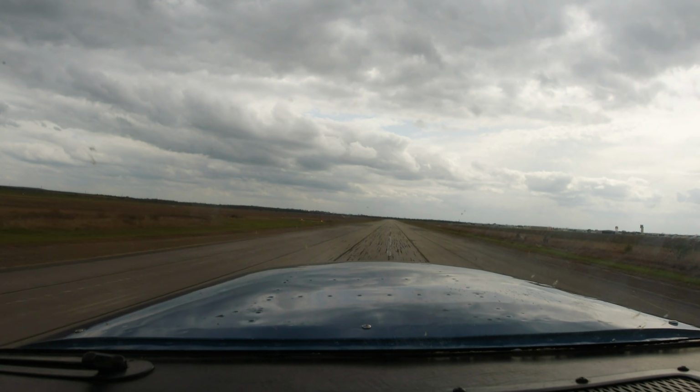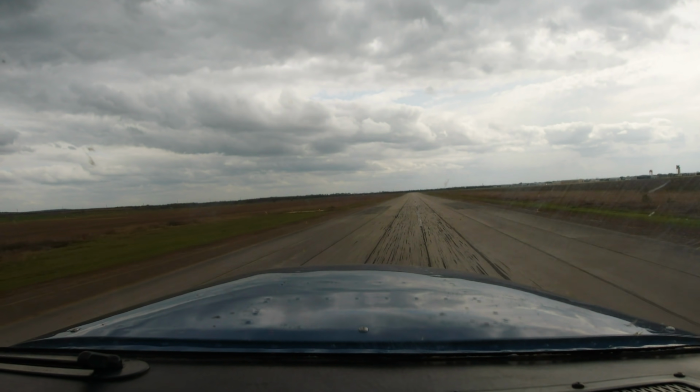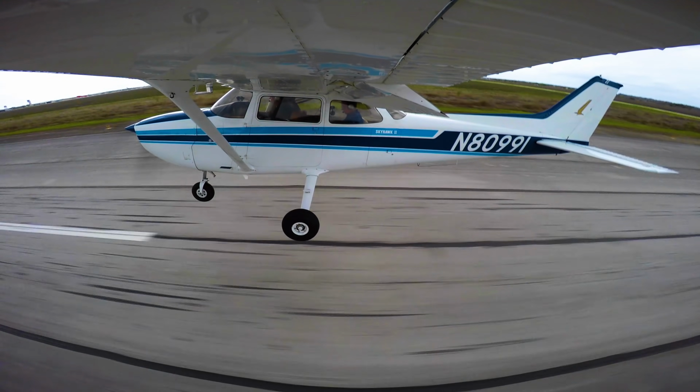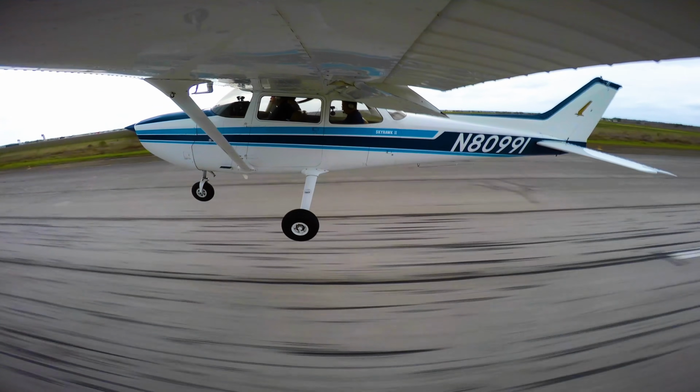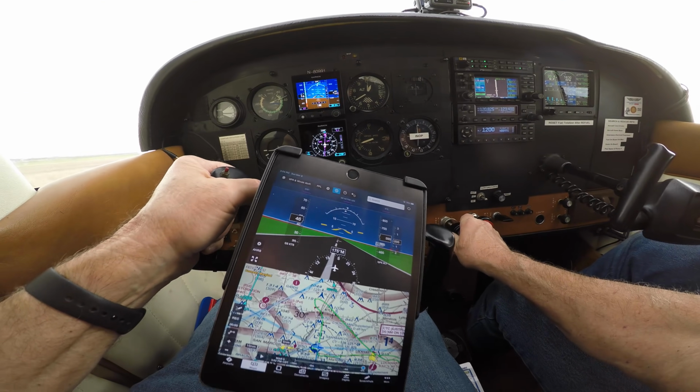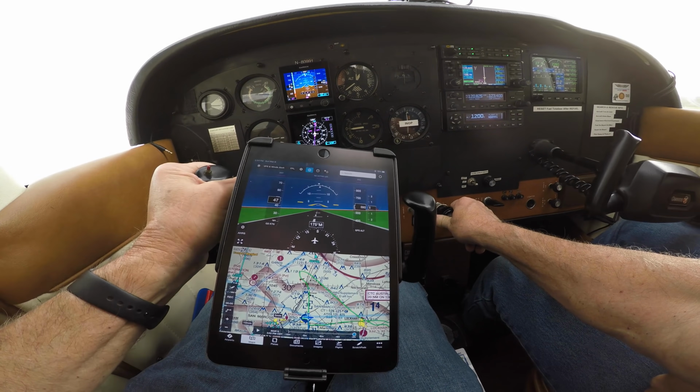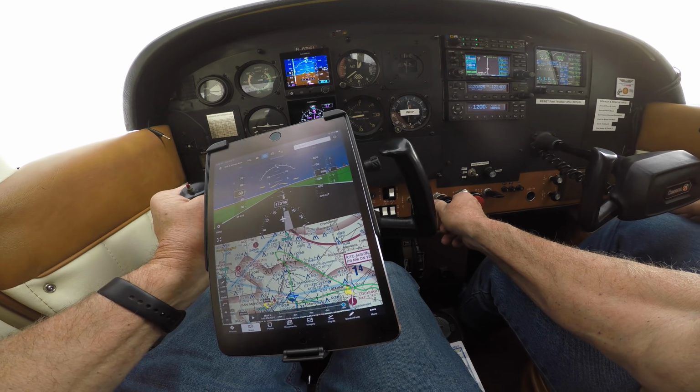In the Skyhawk, when I execute a go-around or a missed approach, I advance the power to full, push the carburetor heat in, get the nose above the horizon, and verbally call out and verify positive rate of climb, speed better than VY, flaps up. The key is to be proficient with your go-around procedures in the planes that you fly, and do not let ATC or any external forces pressure you and fluster you out of your responsibility of maintaining aircraft control.